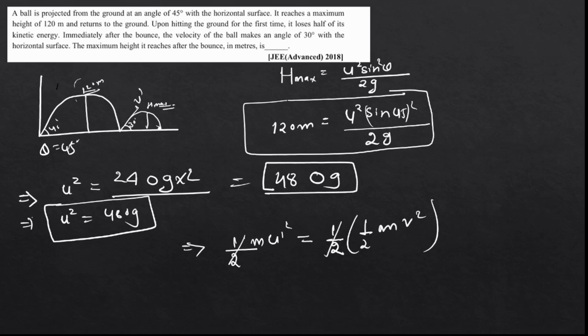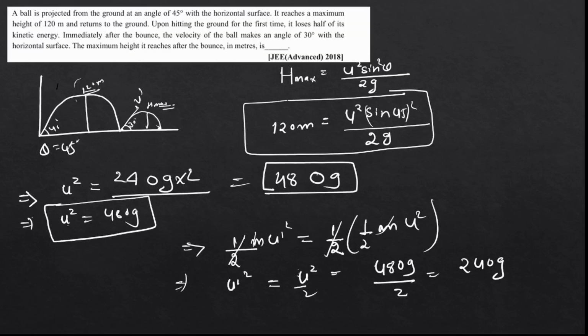From here we can find the velocity at this particular instant, right? That will be u dash square, which is equal to what? Upon 2. What was the v dash square? U dash, sorry, what was this u? This is u. Don't get confused in these variables, by the way, right? This is u, the initial velocity that it had, which is 480 g divided by 2, again 240,